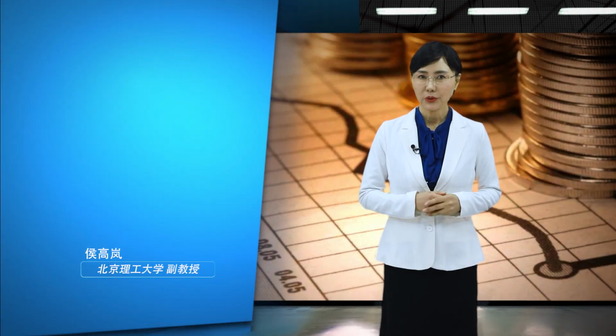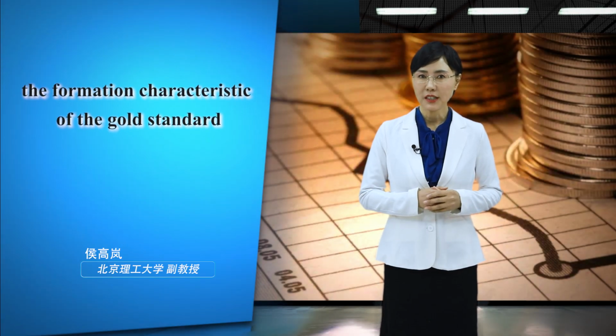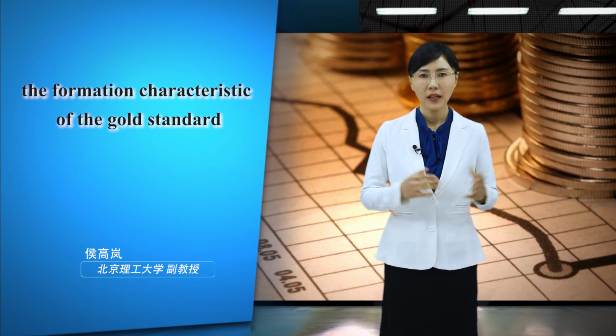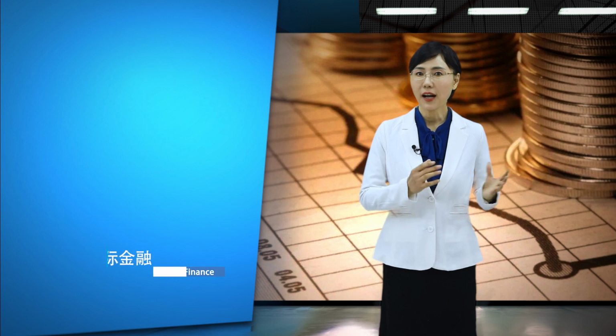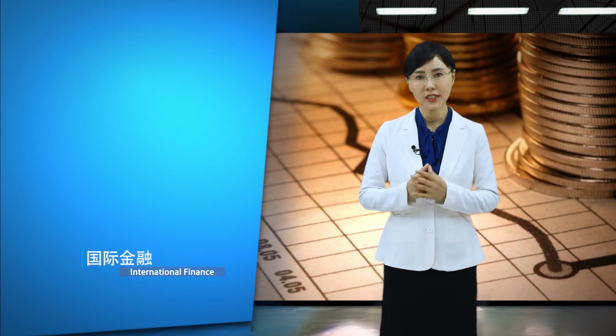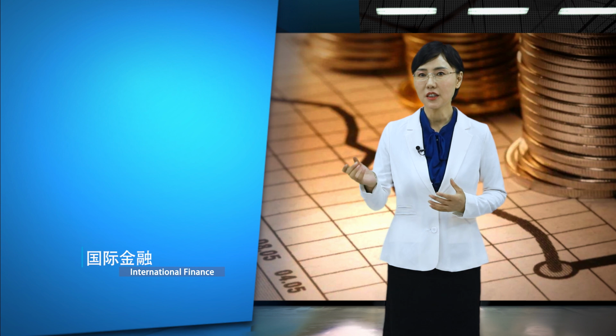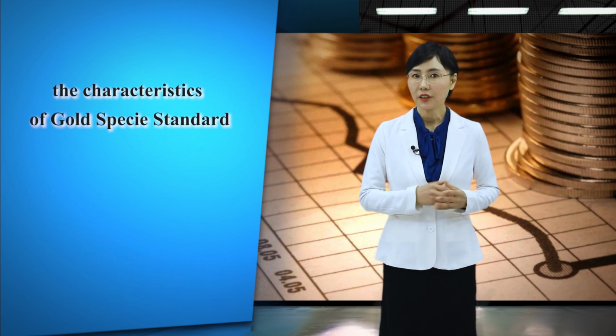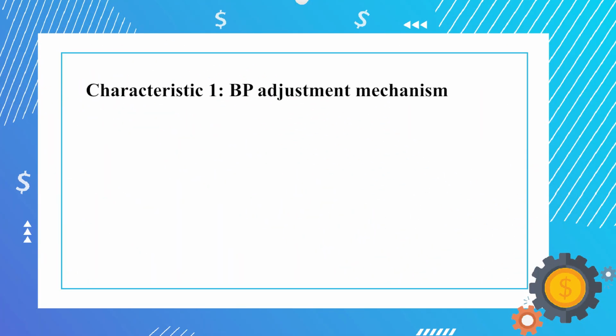In the last video, we introduced the formation of characteristics of the gold standard system. Now, let's explore the content of the characteristics of the gold standard in detail. To be exact, the characteristics of the gold specie standard. Characteristic 1, from the aspect of BP adjustment mechanism. The BP adjustment mechanism under the gold standard is called